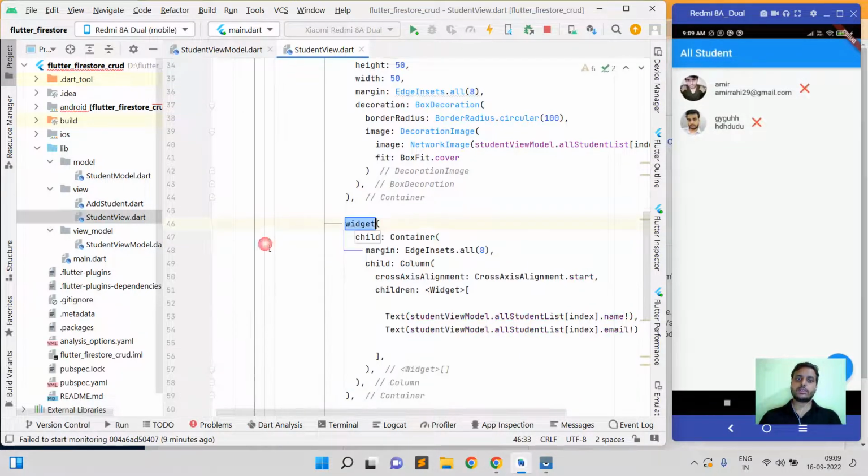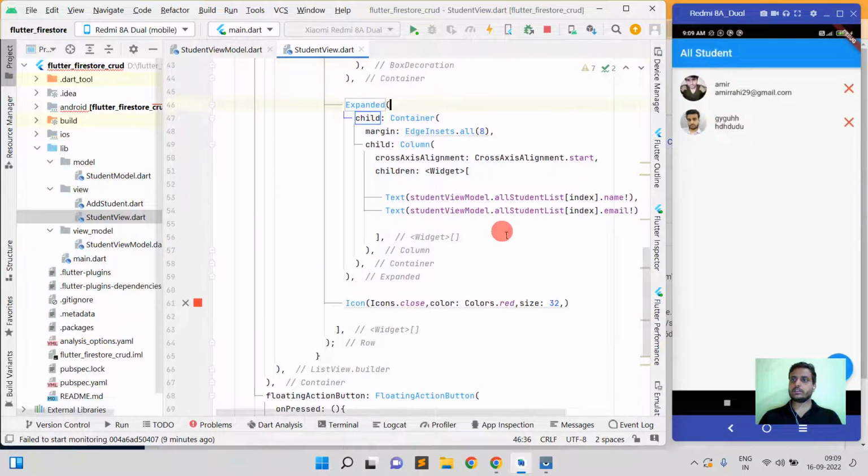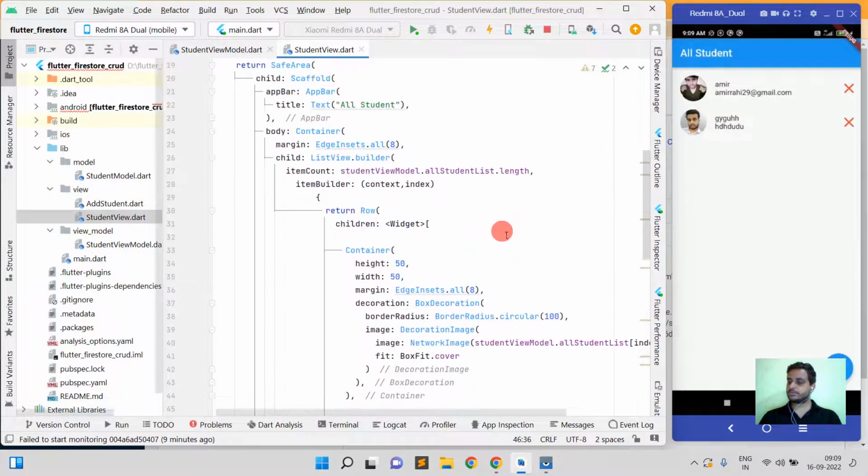Okay, so here, so you can see our button is placed at the right corner. Now